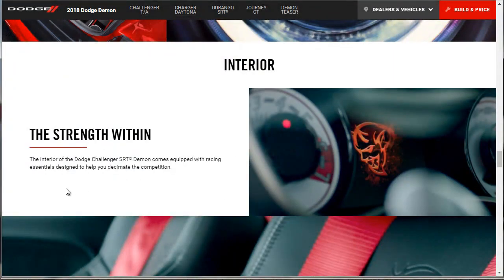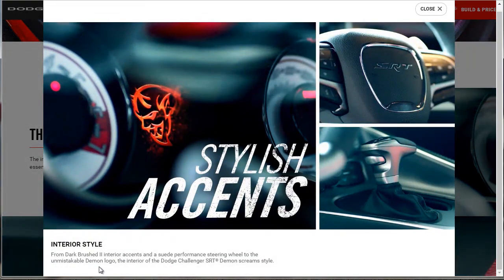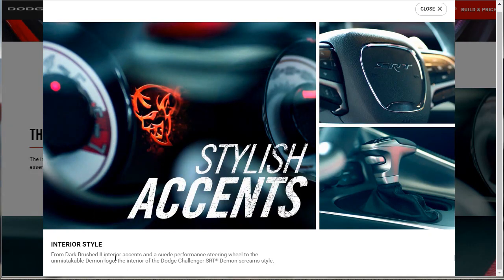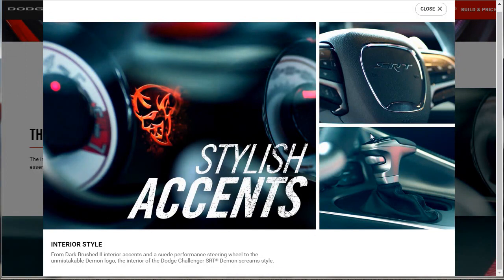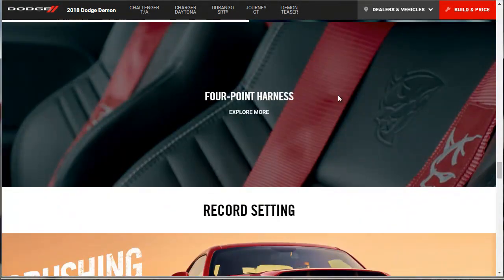Interior, the strength within. The interior of the Dodge Challenger SRT Demon comes equipped with racing essentials designed to help you decimate the competition. Let's find out about the interior style. From dark brushed two interior accents and a suede performance steering wheel to the unmistakable Demon logo, the interior of the Dodge Challenger screams style. I'm sure it probably looks basically like any other Challenger inside, maybe save for, I guess, any other